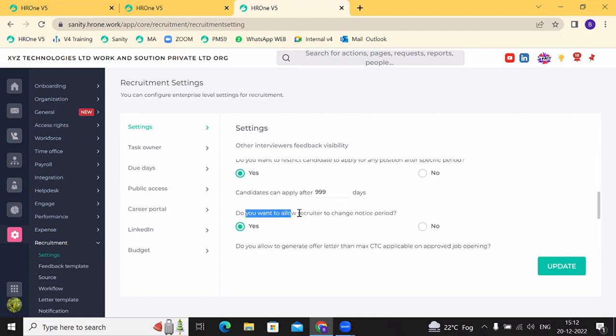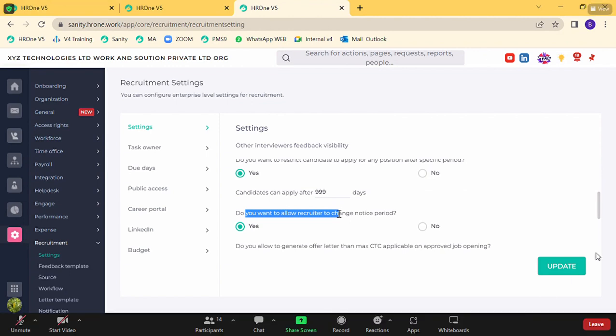Now, do you want to give this right to the recruiter that they can change the notice period? Okay. So in case you make this setting yes, then the recruiter will be able to change the notice period of a job opening. Otherwise,